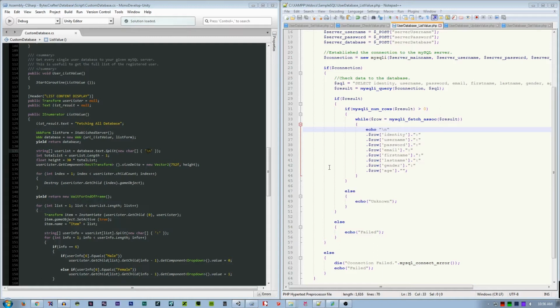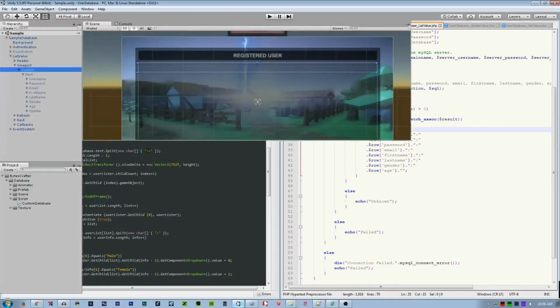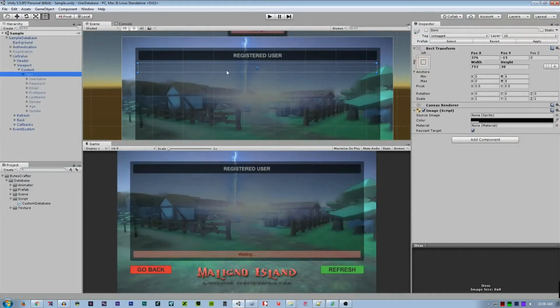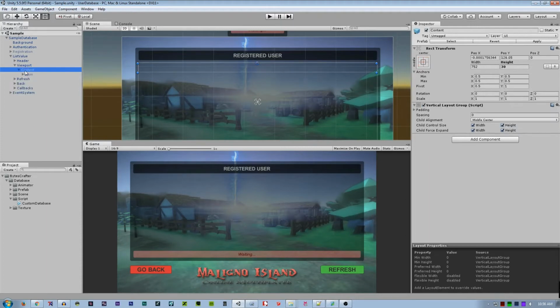Hope you understand. So moving on, float is equal to 30, the height of my item, times the total list. So that in Unity, this is the height of the item. Now we need to multiply it by the total list.